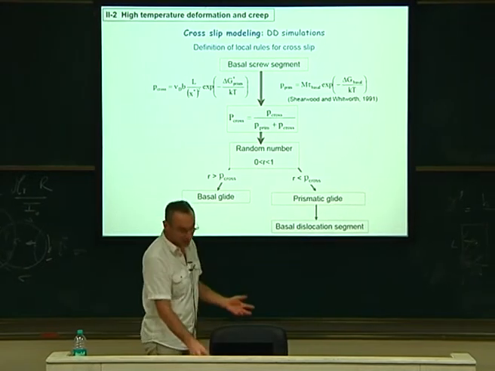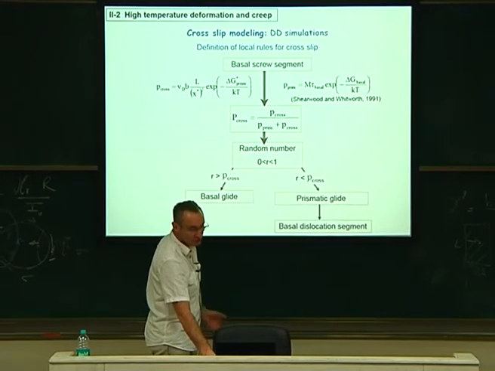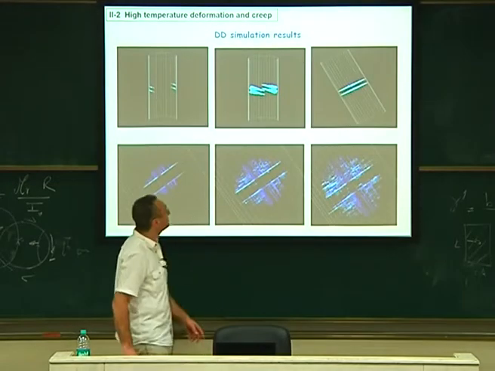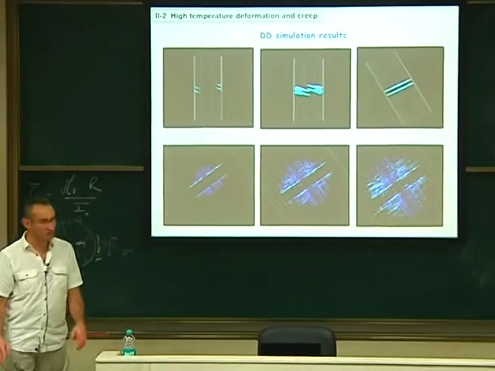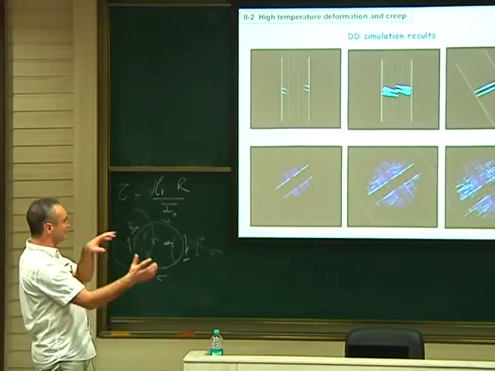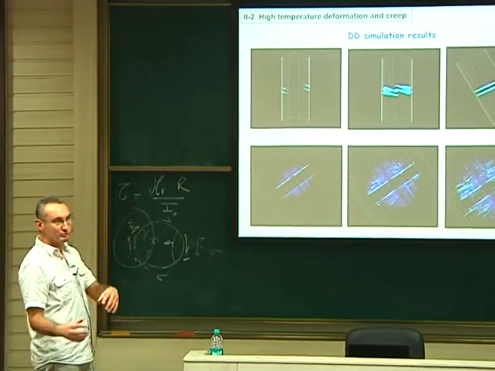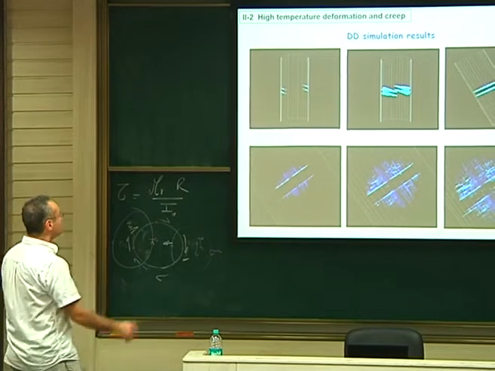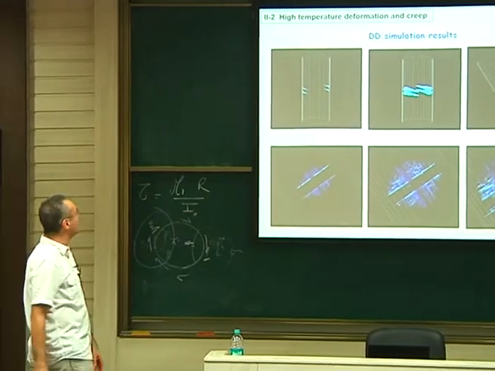Again, it's a local rule. It's not something that the code could do by itself. And this is what it gives. Here I didn't put the movie because it was rotating every side. The student was doing some nasty thing with the 3D view. We would all be sick if you looked at it. So this is just the pictures taken out of it.